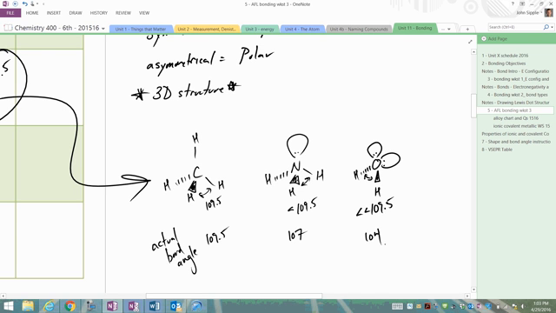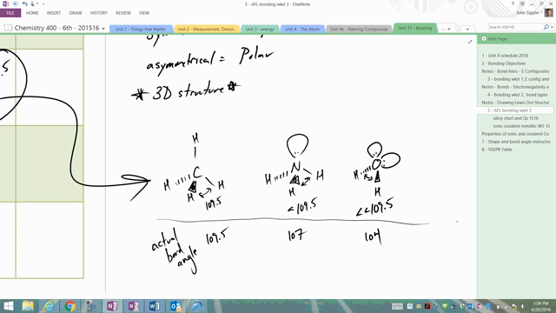Okay. The actual bond angle here is 109.5 for methane. For ammonia, when we replace one of those hydrogens with a lone pair of electrons, it's less than 109.5. It's 107. I don't care that you know that it's 107. Just say it's less than 109.5. You just need to be able to make the argument that it's less than 109.5 if it was all four